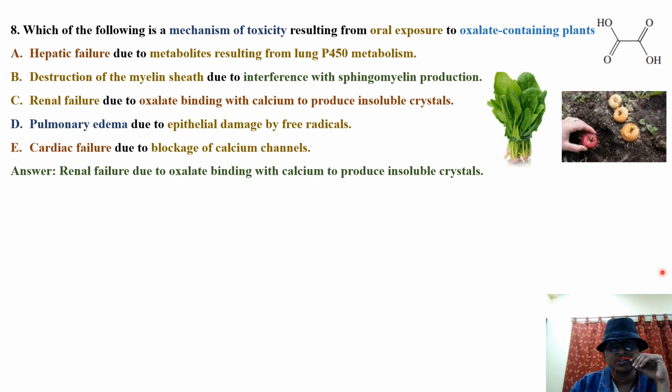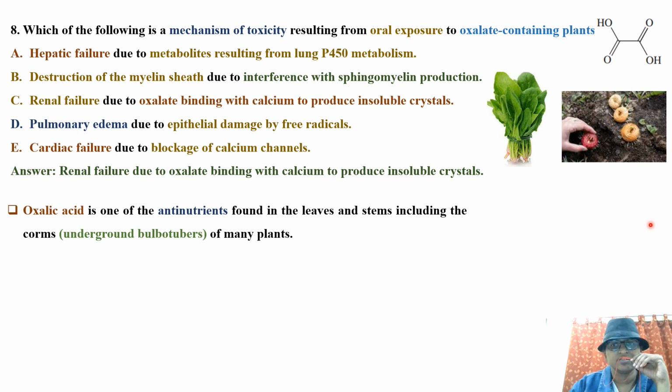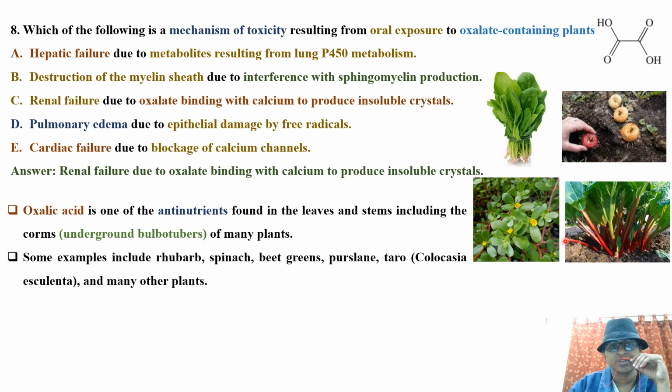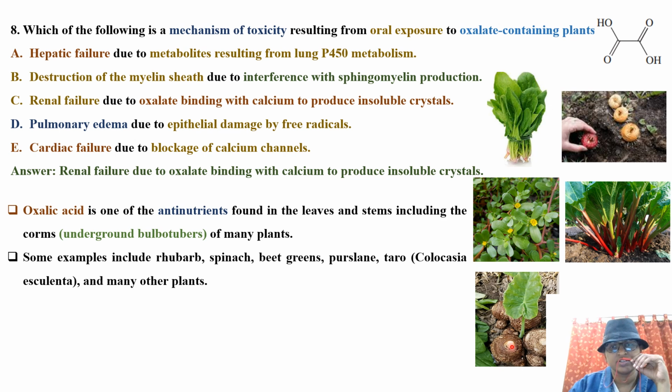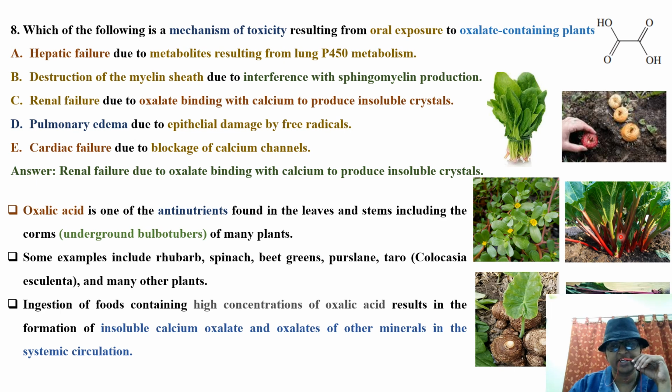So these are the various plants containing oxalate. Oxalic acid is one of the anti-nutrients found in the leaves and stems, including the corms and underground bulbotubers of many plants. These are the corms as well as bulbotubers. Some examples include rhubarb, spinach, beet green, purslane, taro, colocasia, and many other plants. These are the colocasia, and these are the other beet green plants, which are sources of oxalate crystals